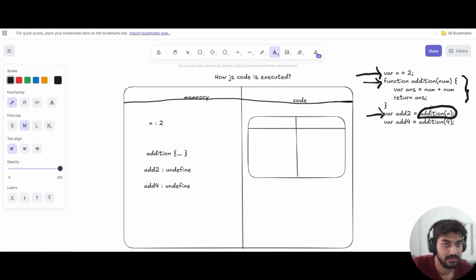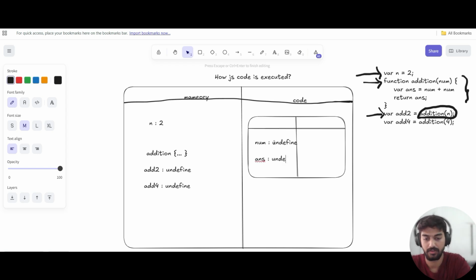now as this function is called, inside this function we have two variables, right? First one is num and second one is answer, right? So let's take num. It will be assigned undefined in the first phase, and answer will also be considered as undefined, right? Now we'll come to the second phase, where